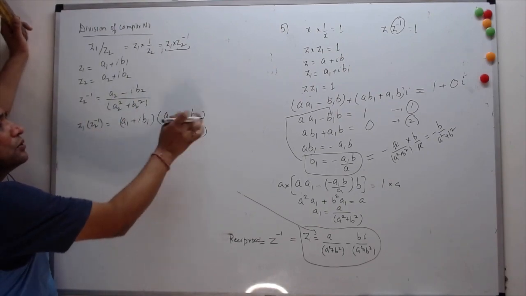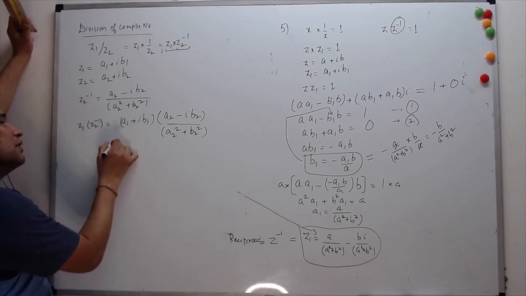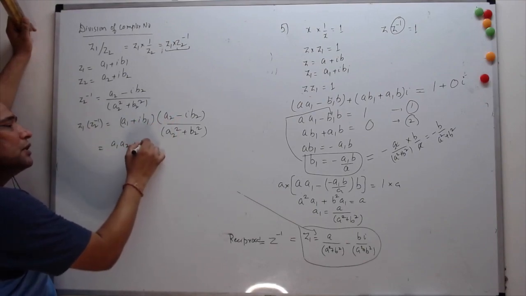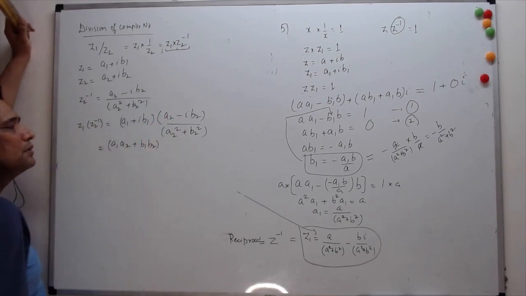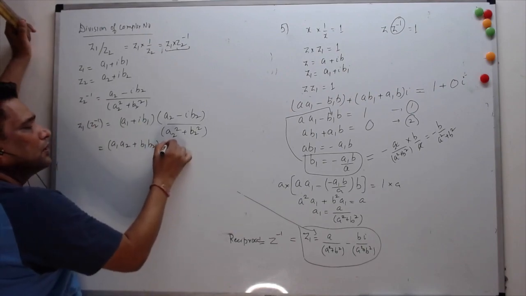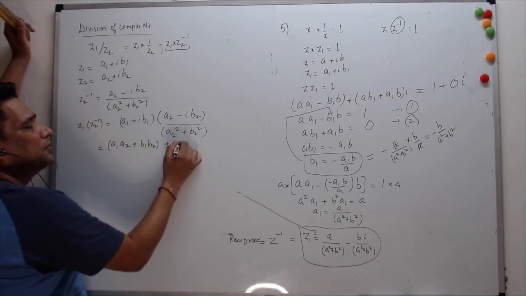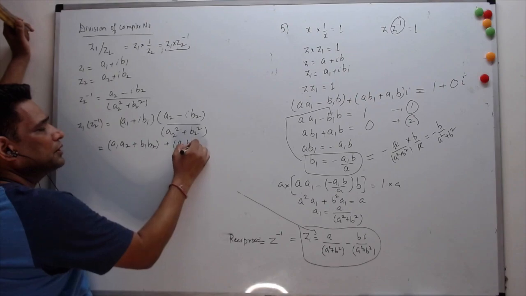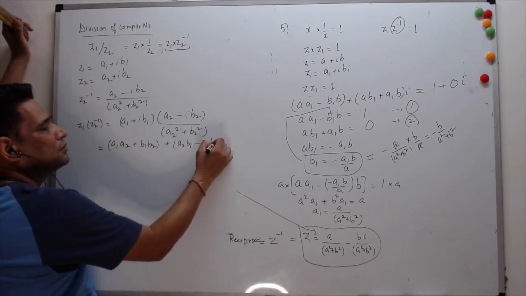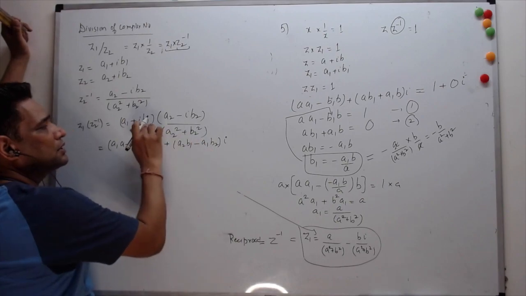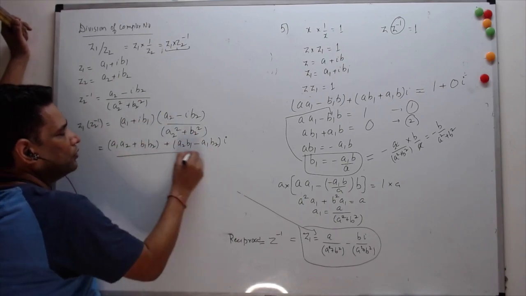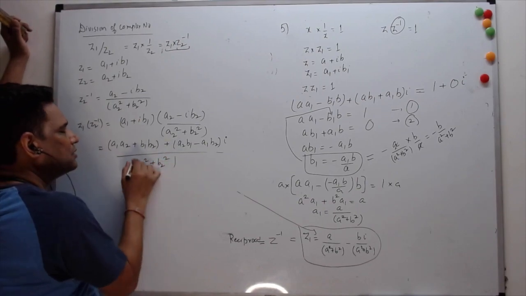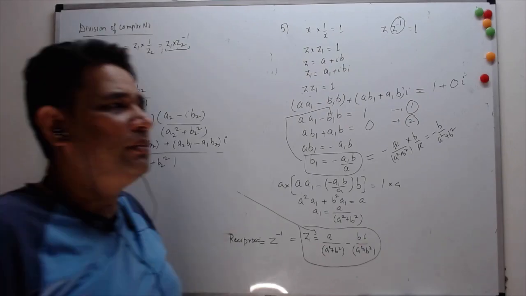All I need to do is multiply the two things in the numerator, and that would give me a1 a2. Since there is a negative sign over here, that would give me b1 b2 as positive, if you remember. Plus a1 times b2 would be a negative value, and a2 times b1 would be positive. So I'll write a2 b1 first minus a1 b2 second times i, because there's an imaginary part, and over a2 square plus b2 square. And this is not something you need to remember.